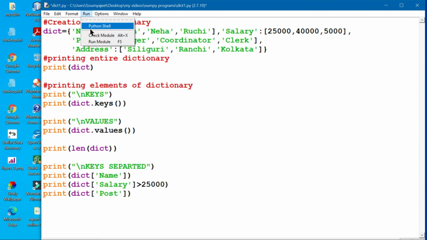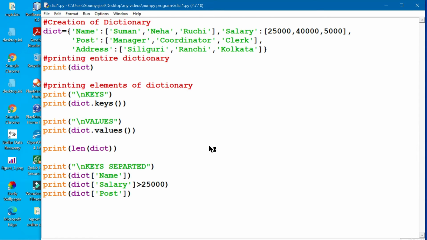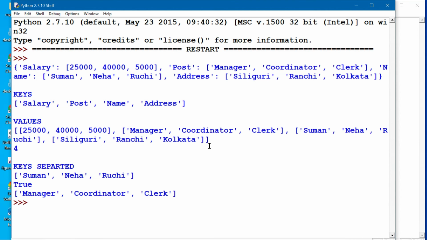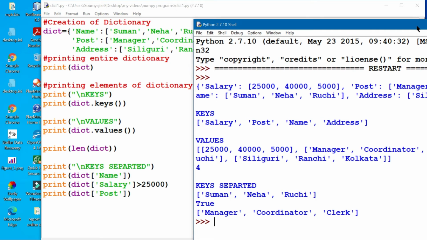Okay, so dictionary, if you could not do it properly, next year we will have a lot of problems in class 12 especially. The data frame programs are all based on the dictionary. Most of the data frame programs are based on the dictionary type of object. You see out here what is being shown: it is showing which keys have been printed where salary is greater than 25,000. Yes or no? Yes, it is there, definitely. That's why it is showing true out here.